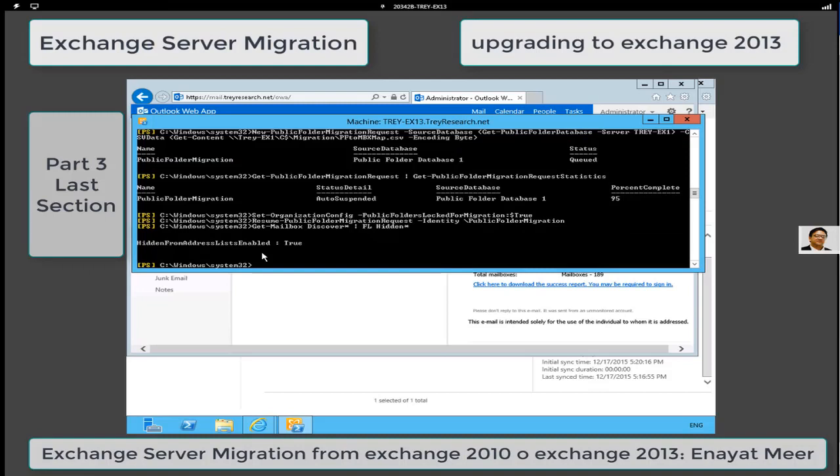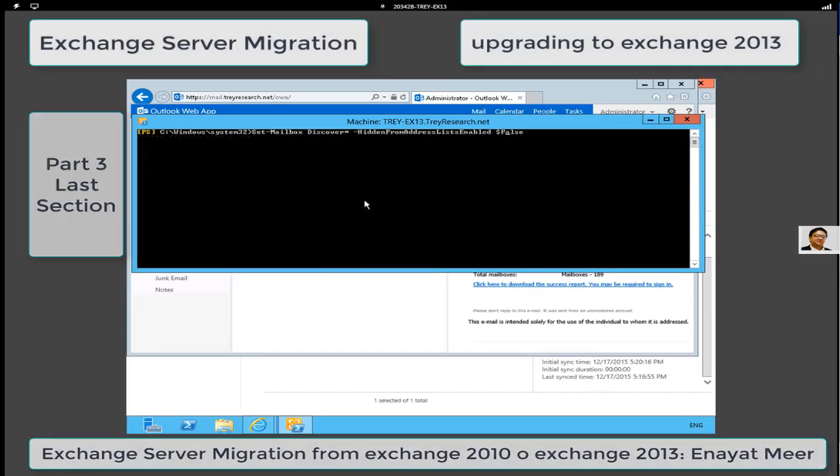So you will see an output right over here. This option is true, enabled. So you're going to disable this property to hide discovery and everything. It is enabled, meaning true, so you're going to make it false from true to disable it. Once it's done, you can go back to your OWA,